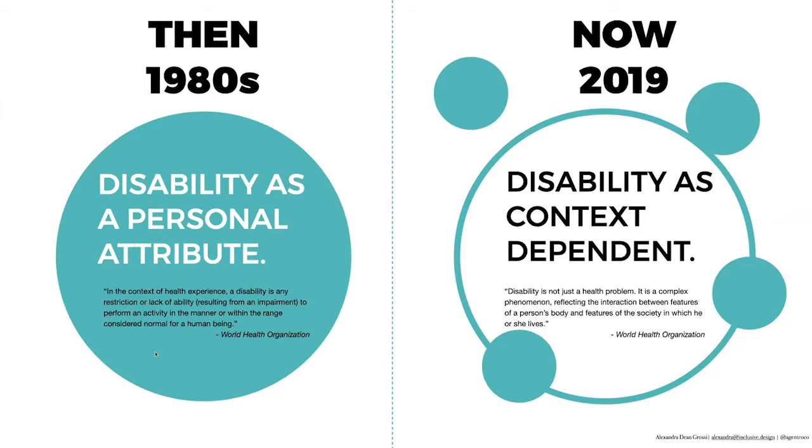But now it was redefined in 2019 as context dependent. So the new definition is: disability is not just a health problem. It's a complex phenomenon reflecting the interaction between features of a person's body and features of the society in which he or she lives. So that really just kind of brings it home in the fact that,